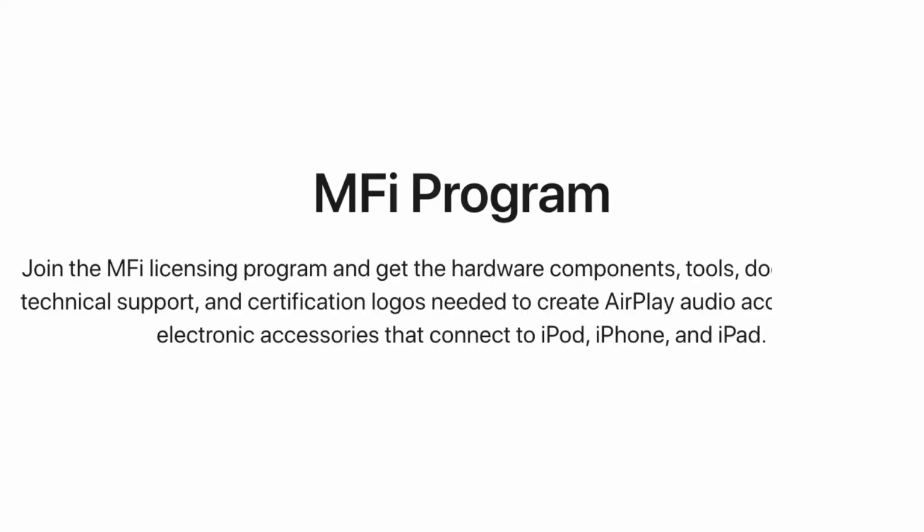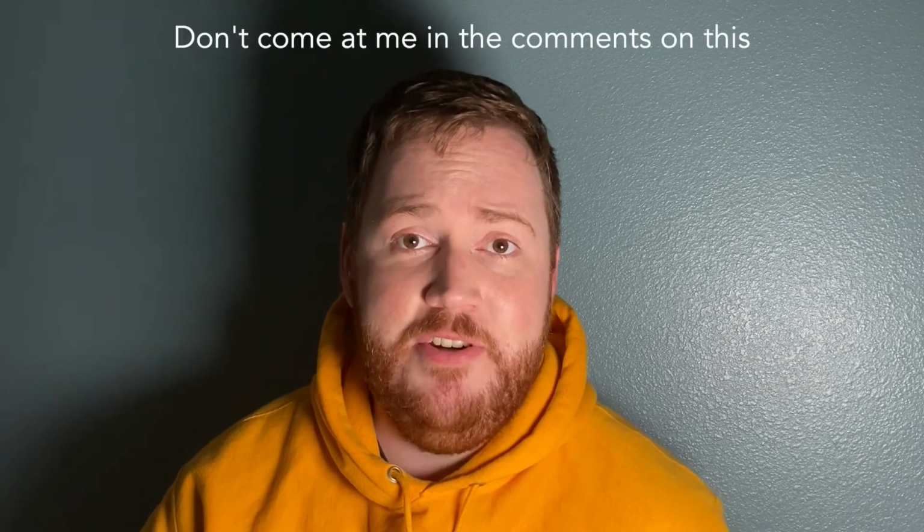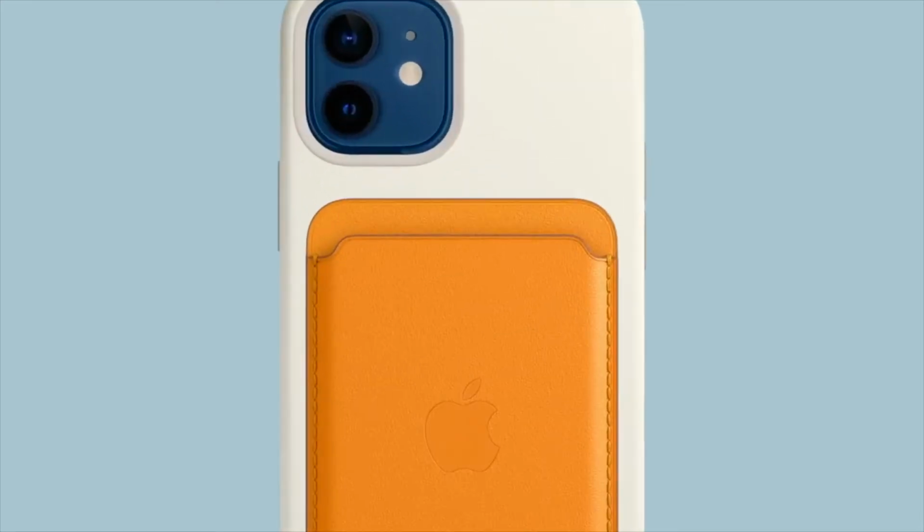ago. But the thing that MagSafe does for Apple is allow them to charge manufacturers to be a part of the MFi program, something that Qi wouldn't allow them to do. If you don't know MFi, it's a program where Apple verifies certain accessories as made for iPhone or made for iPad, MFi. Now, MagSafe is better than Qi in a bunch of ways, and it makes the devices more valuable